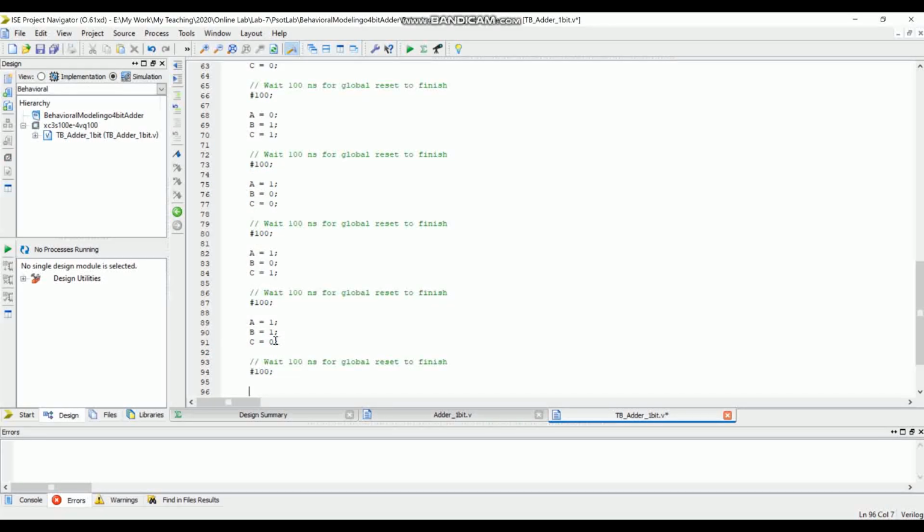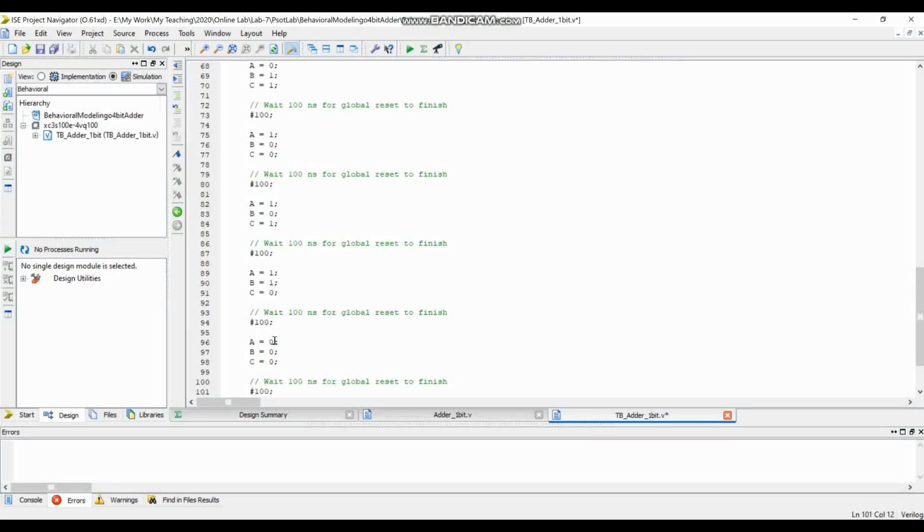So you just need to copy and paste and change the values, right? So that's it. So this is our truth table, and let's just write this finish command,